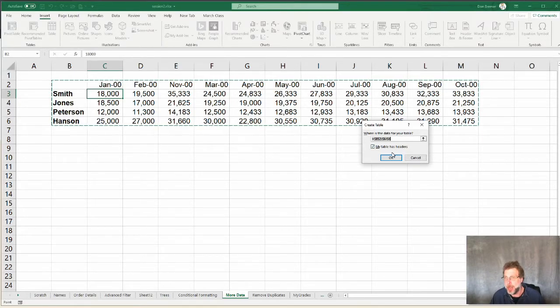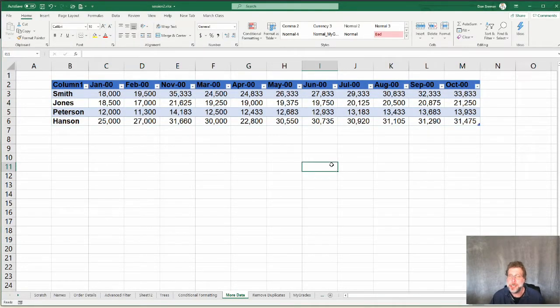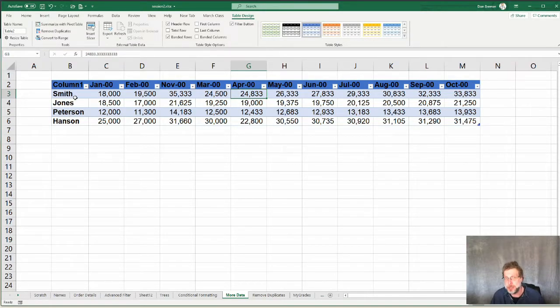Yes. And again, I have a checkbox that says my table has headers. So January, February, etc. will be headers. Click OK, and there we are. What this did was it says, oh, I'm going to be able to give you a table which will now say this is a header, so it has a certain color to it. This is a certain piece, and that these are numbers, and I'll be able to put colors alternating, blue, light, white, blue, white, etc. So, and when I click in it, it gives me additional things that I can do